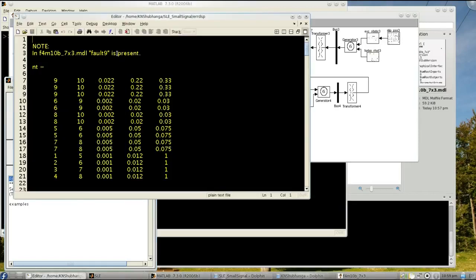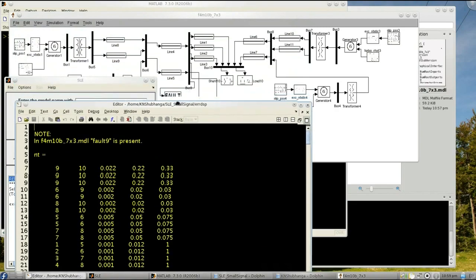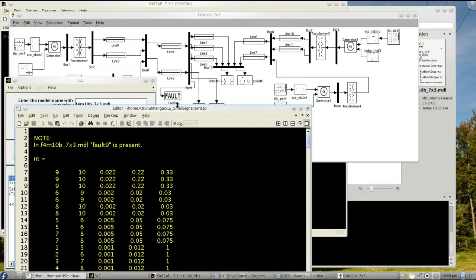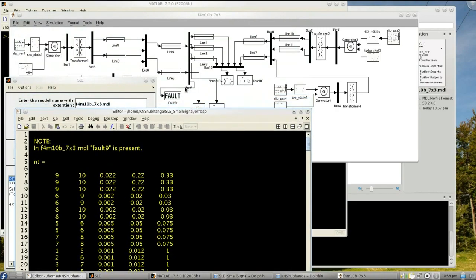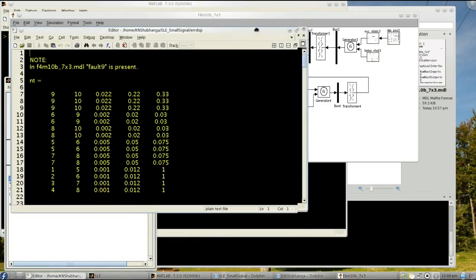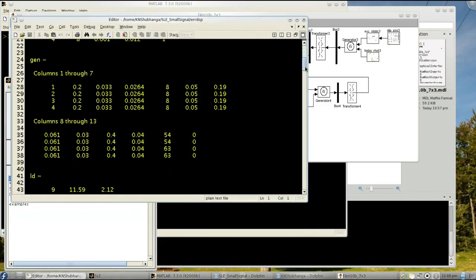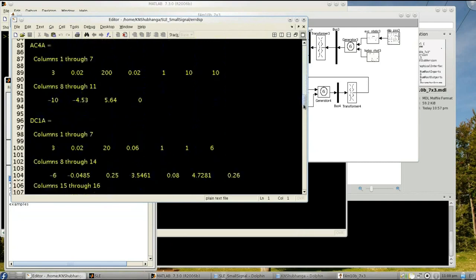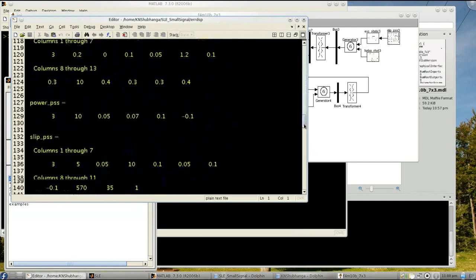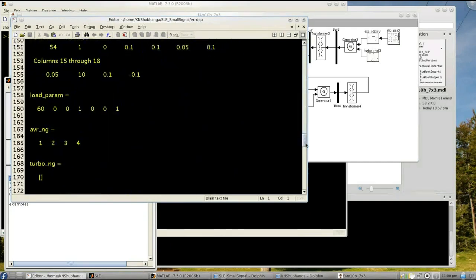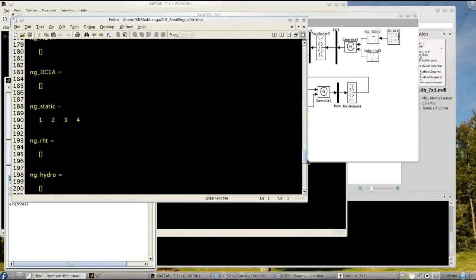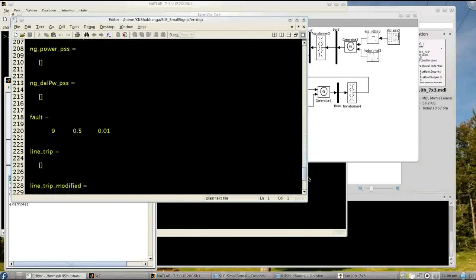Note, we are applying a 3-phase fault at bus 9 without line tripping. Now we are searching for a no error message.